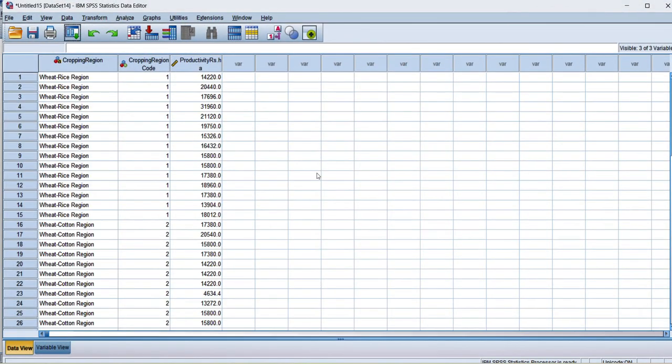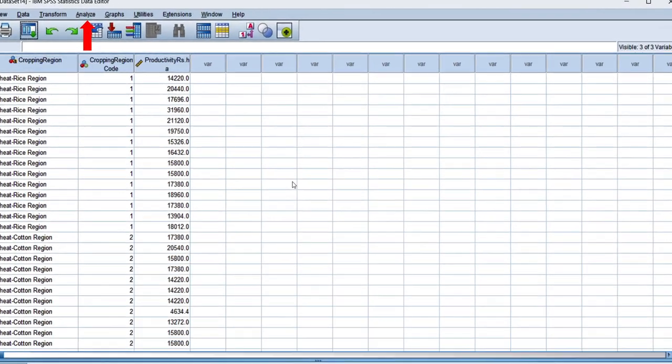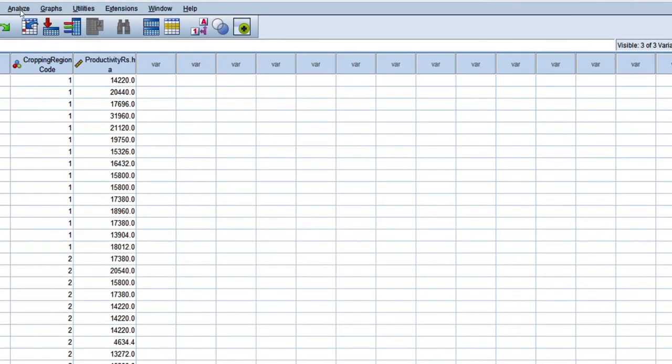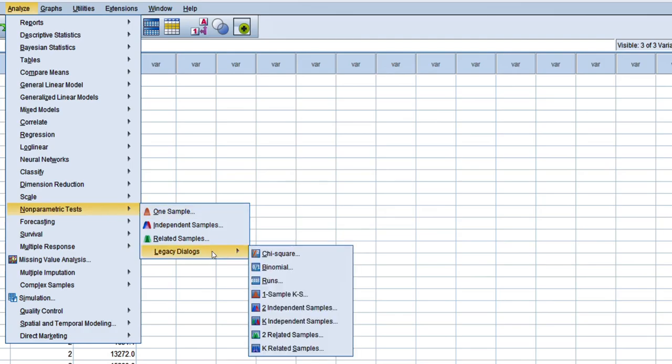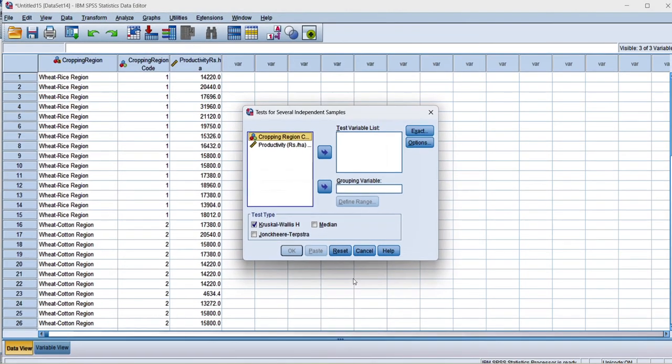In this example, I want to check whether agricultural productivity in rupees per hectare among three crop regions is statistically significantly different or not. To perform this, we will again go to Analyze, select Non-parametric Tests, click on Legacy Dialogs and click on K Independent Samples.